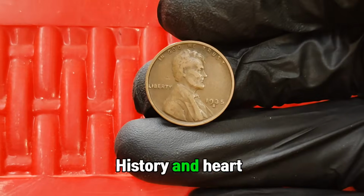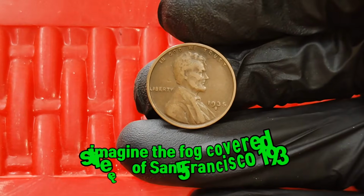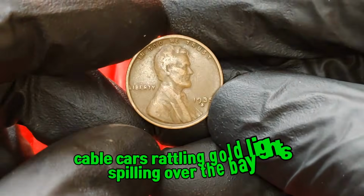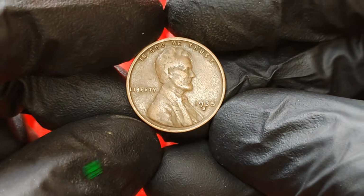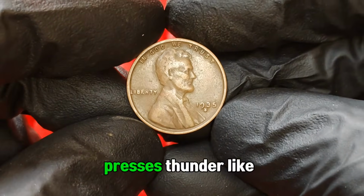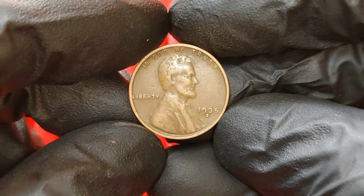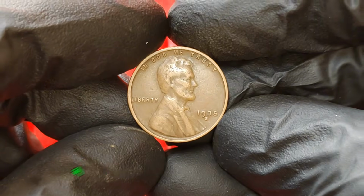Coin number 4. Close your eyes for a second. Imagine the fog-covered streets of San Francisco, 1935. Cable cars rattling, gold lights spilling over the bay. And in the bustling heart of the mint, presses thunder like iron heartbeats, each strike sending a tiny flash of copper into history. Now open your eyes, because right there on your screen is one of those flashes, a 1935 wheat penny